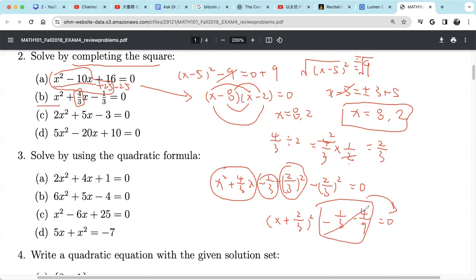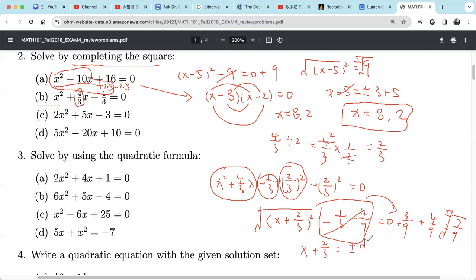Then these two terms, we can combine, then move to the other side. So move to the other side, become positive. Negative, so 1/3 is 3/9, plus 4/9. So we get a 7/9. Now the left-hand side is a perfect square. We can square root. Right? So we get x plus 2/3 equals to positive, negative